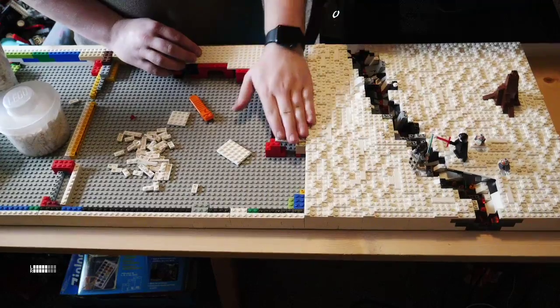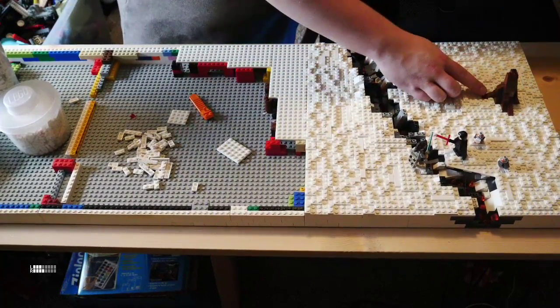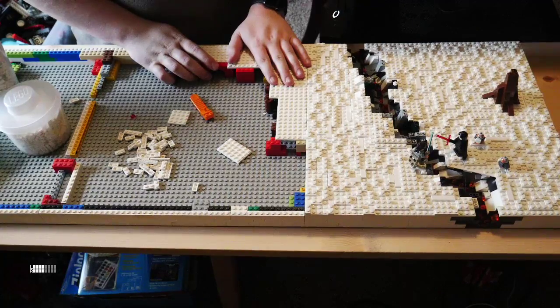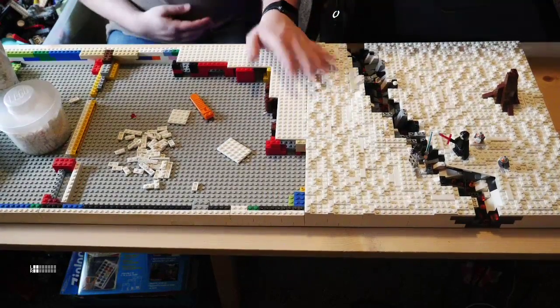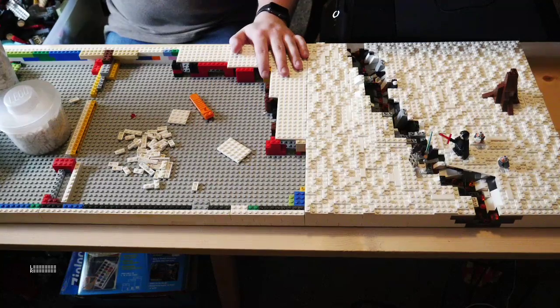We almost got all this extra plating done, which is nice, and then we'll be able to do some detailing like over here. I like the stump of this tree. It just wasn't working on the top. It needs to be taller and kind of like a pine tree instead of what I was making. So that's what's going on there. But I do like the stump of the tree, so we're going to keep that stump there. And we'll have to pull up some stuff when we make other areas stumpy, but...